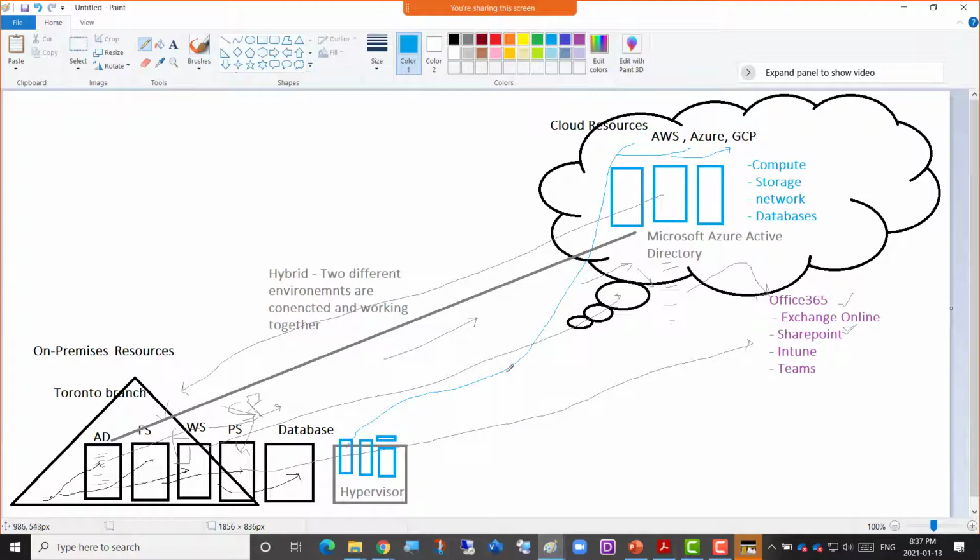Suppose you're migrating the machine from on-premises to cloud, and some outage happens and the connection is lost. The virtual machine comes back here. Is it intact? The underlying platform, how does it work? Does it offer disaster recovery? Did you have a backup of those virtual machines? Do you know how to take a backup of a virtualized environment? All this is covered if you have done the VMware course, specifically VCP, which is VMware Certified Professional. It's a must-have certification.